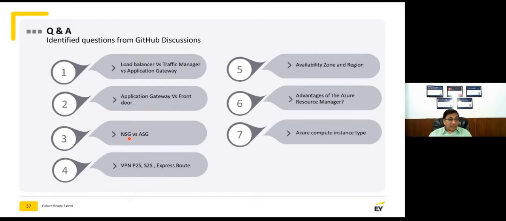Next, the question is on the NSG versus the ASG. So your network security groups versus the application security groups. These are two different ways to group your different resources. When I want to segregate some of the resources which will be available to specific users, like I want to provide one application to the HR team within my organization, another application to say my admin team, another application to maybe the IT department. Then I can group these applications by departments, etc., and then place them in a specific application